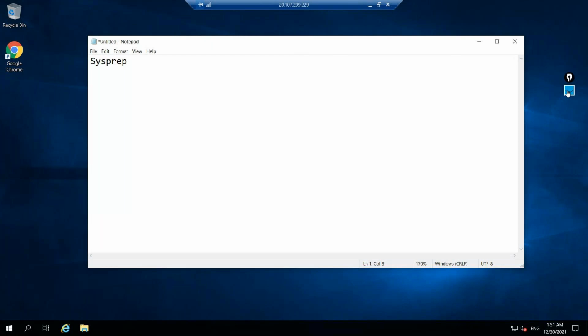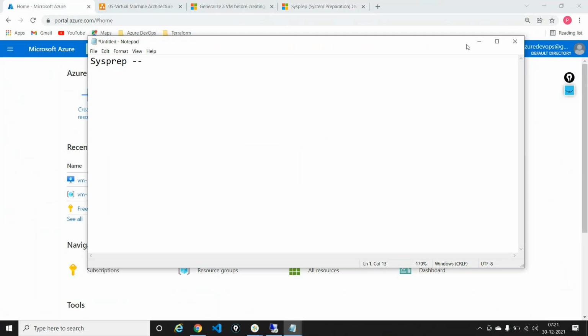So what exactly is sysprep is that before you convert a virtual machine into an image, you need to prepare that virtual machine to be converted. You need to make sure that the virtual machine is actually prepared, and that the virtual machine knows what it's doing. So for that, what I'll do is I'll be going into a folder, and the folder name is something